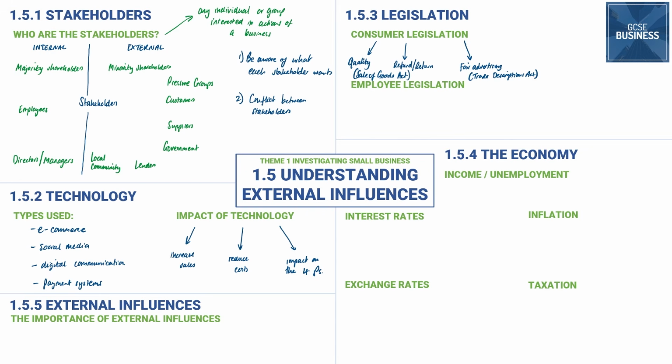So if an advert says it does something, it has to do something. If it doesn't, then you can be entitled to a refund. You can be entitled to a return. This comes from the Sale of Goods Act. So this determines the rights that a consumer has when a product doesn't meet requirements. I bought something recently that I'm going to send back just because the sizing wasn't right. And so that's my right.